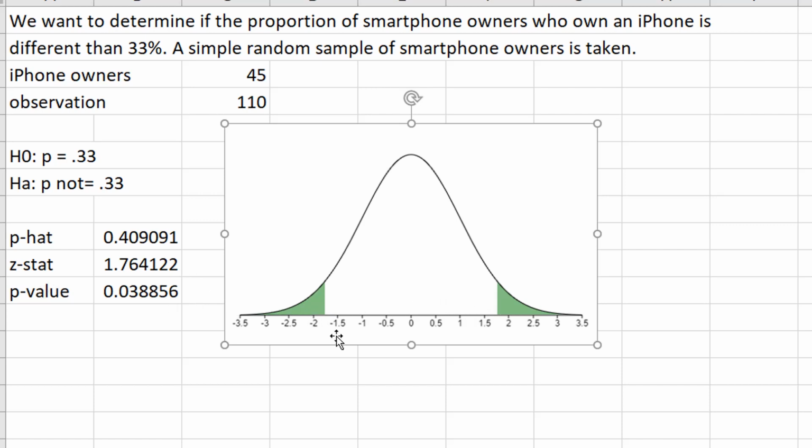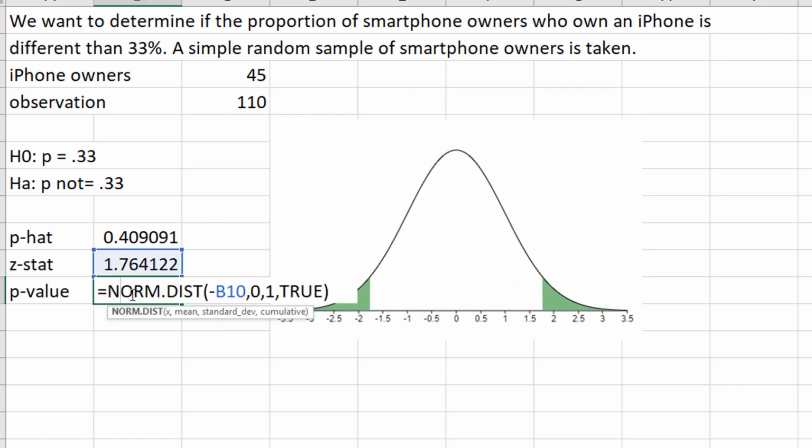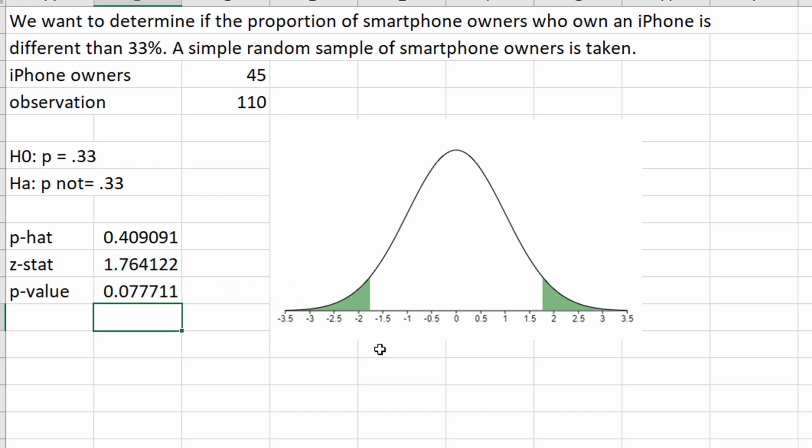What I was just looking at was the probability in the lower tail, the cumulative probability up until you get to negative 1.76. I actually have to multiply this by 2 because there are two tails in this test. So the p-value is twice the number that I just calculated for the one tail,